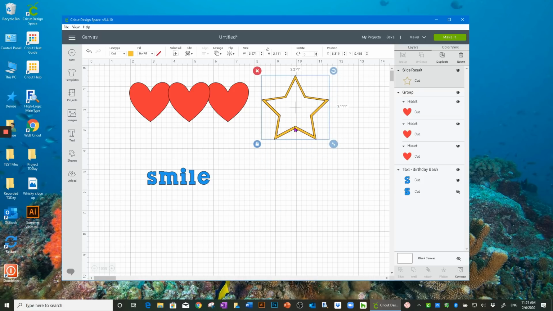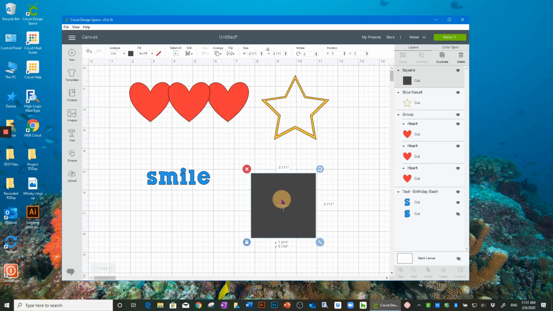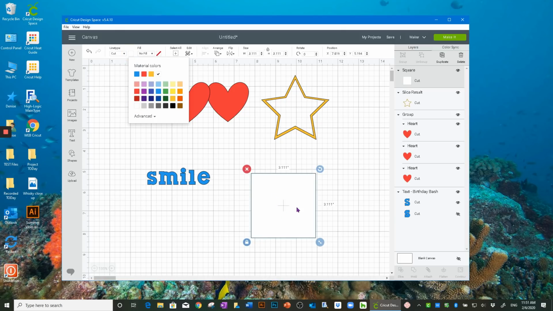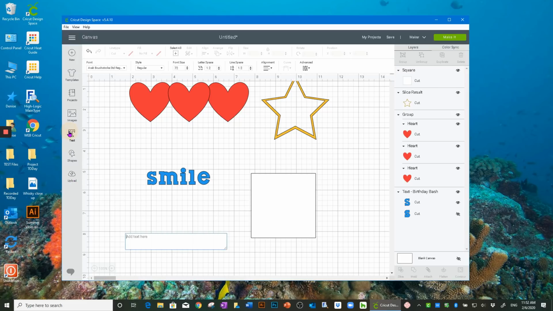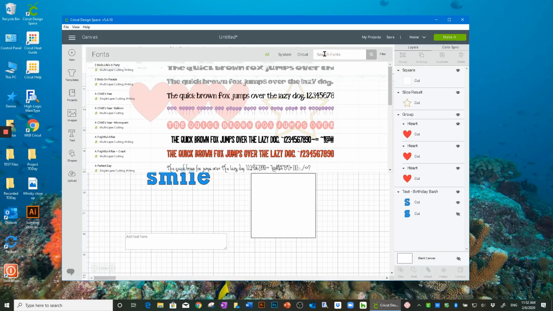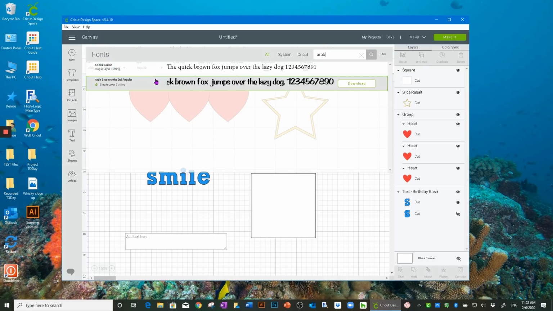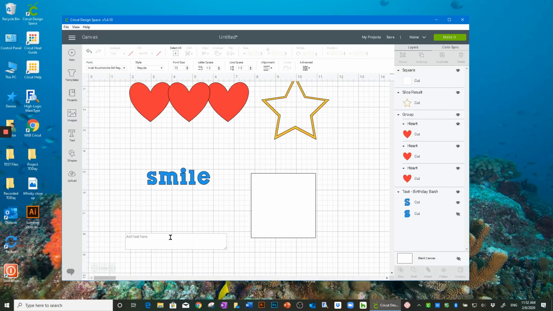Let's see, another good example would be, okay, I got one. So let's do a shape. I'm going to do like a square. Let's pretend like this is going to be part of our card. So I'm just going to make a white card, but I want to write something on it with my Cricut pen. So what I'm going to do is select my text, and actually that one would have been fine. Okay, so I'm going to go with the brush stroke here. I'm going to just write